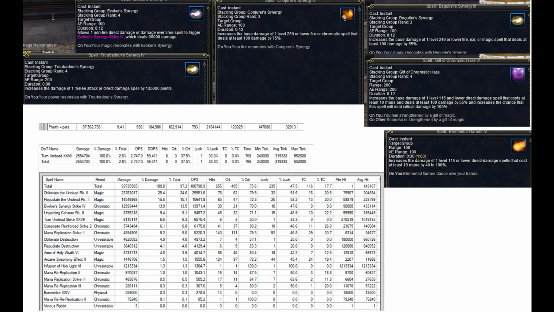And then I have this chart, if you look down here, and it'll show you all of the things that go into my Cleric putting together that 105,000 DPS against undead mobs. The two main nukes I use against undead are Obliterate the Undead and Repudiate the Undead. These are great nukes,